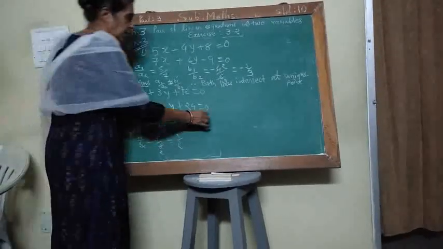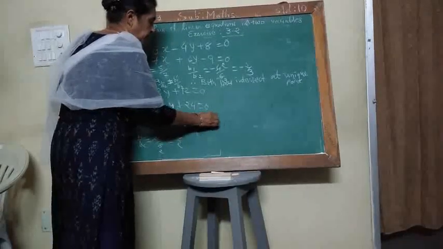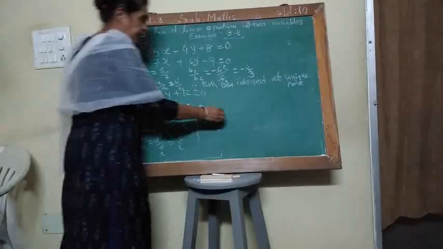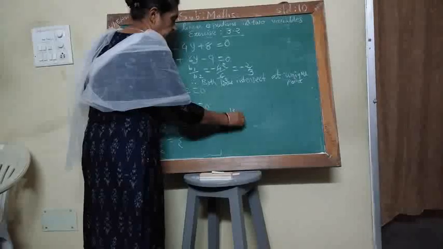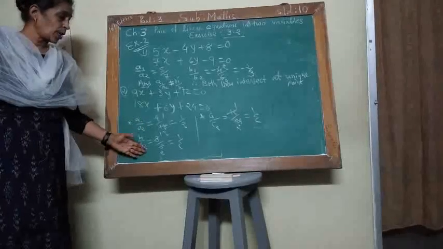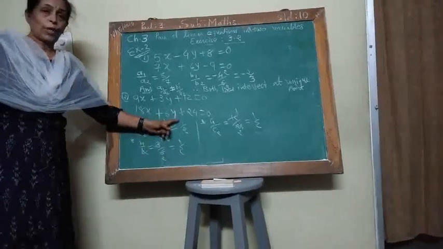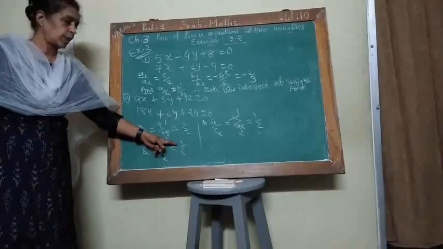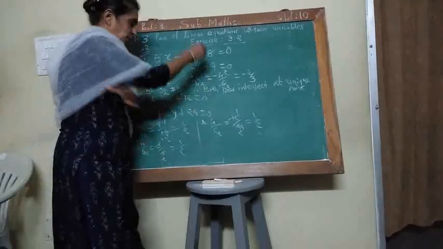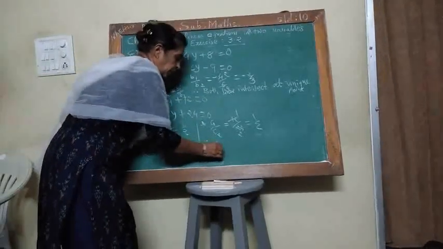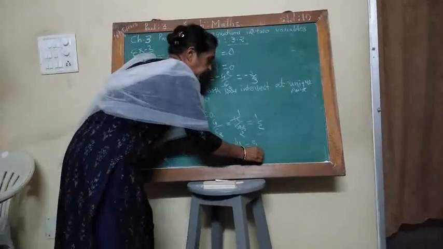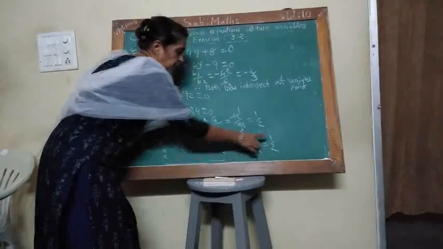If it is also equal, then you can confirm which type of case that may be. So the third ratio, c1 upon c2, is 12 upon 24. So it is again 1 upon 2. See, all ratios are equal. A1 upon A2 is 1 upon 2, B1 upon B2 is 1 upon 2, C1 upon C2 is 1 upon 2. Therefore, a1 upon a2 is equal to b1 upon b2 is equal to c1 upon c2 is equal to 1 upon 2. All have the value 1 upon 2.